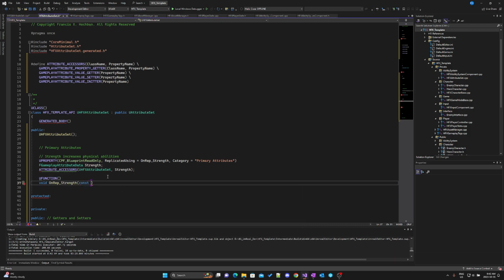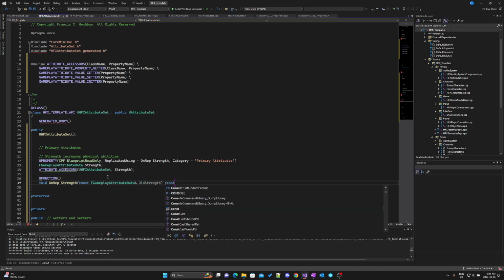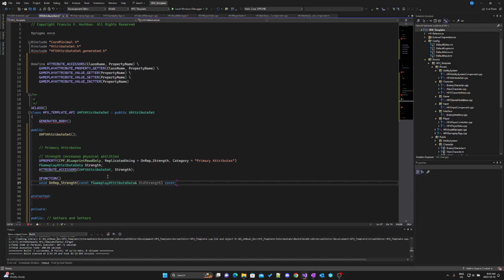But we want to set a const FGameplayAttributeData reference, and we're going to pass in OldStrength, and this will be a const function. Okay,